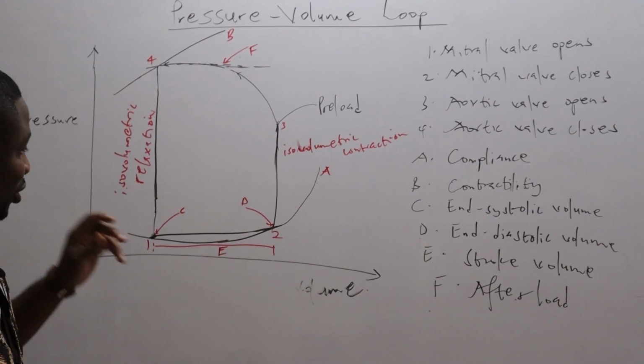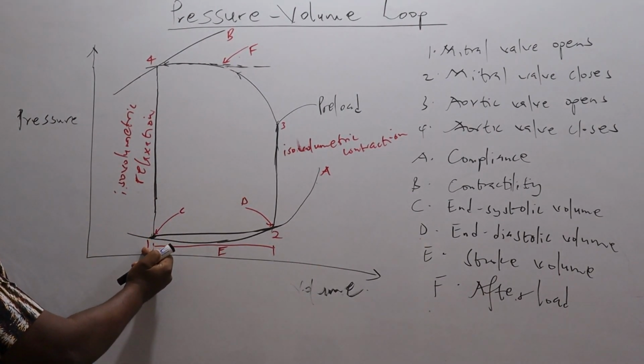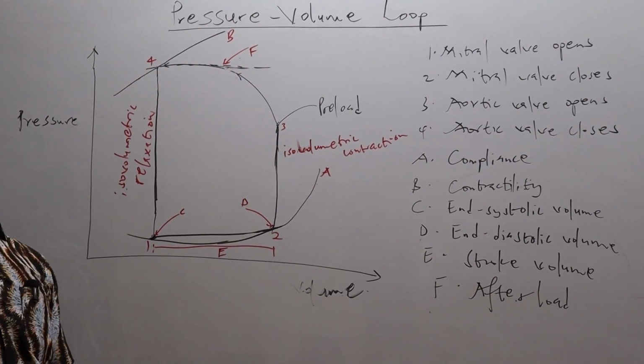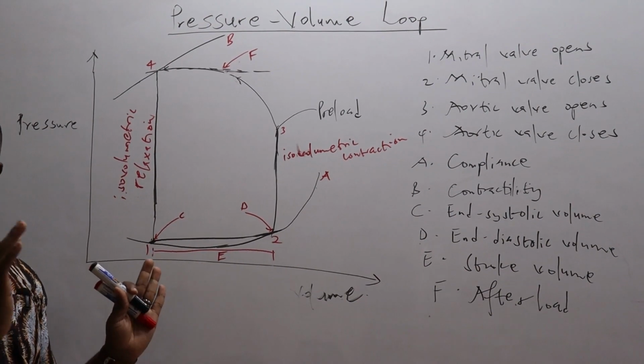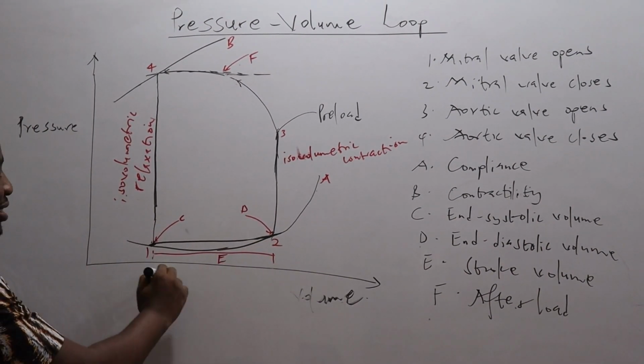So we'll start with point one. At point one, you are going to have the mitral valve opening. Point two, you have the mitral valve closing. Now, how do we easily understand why the mitral valve is at the bottom? Then that tells you that if you take the heart,